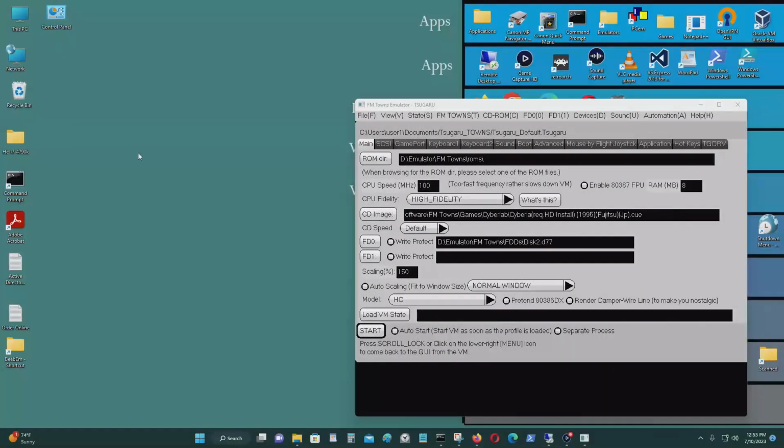Today's emulation video, I'll be making it on the FM Towns emulator called the Tsugaru Emulator, and what I will be doing is showing you how to make shortcuts on your hard drive after you install a game on your hard drive. I have a video on how to make your own hard drive, and that will be in the video description below or on the video cards on the top right corner